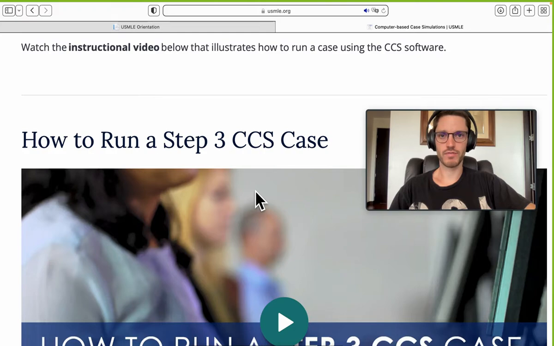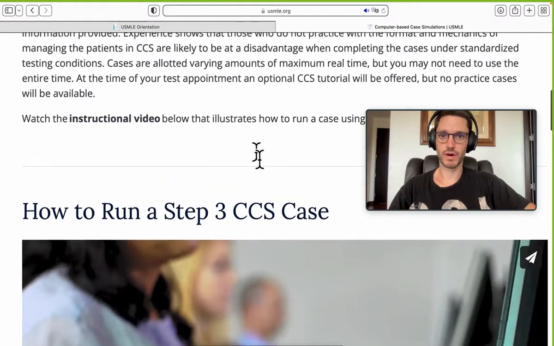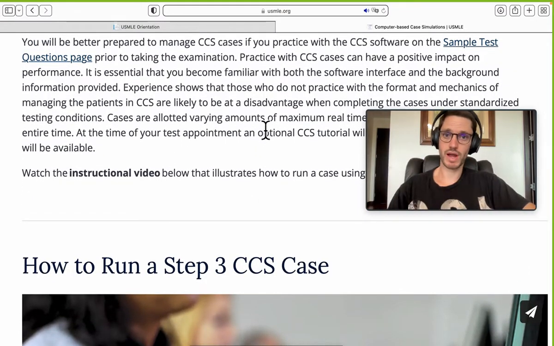So I started off making this CCS case mini-series for Step 3 a couple days ago. I've done like 3 cases so far, and I guess I already have a general understanding of what these CCS cases are. So before doing the fourth case, which is actually from the USMLE practice materials, what I thought I should do